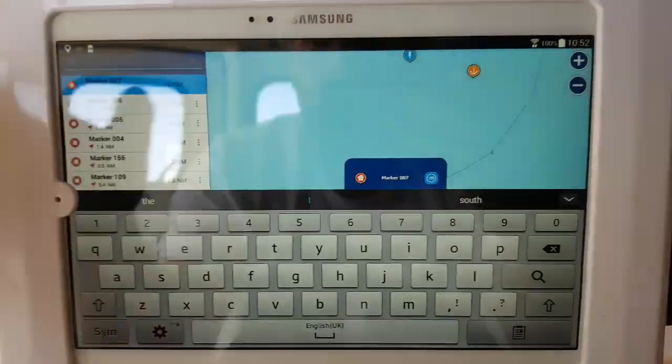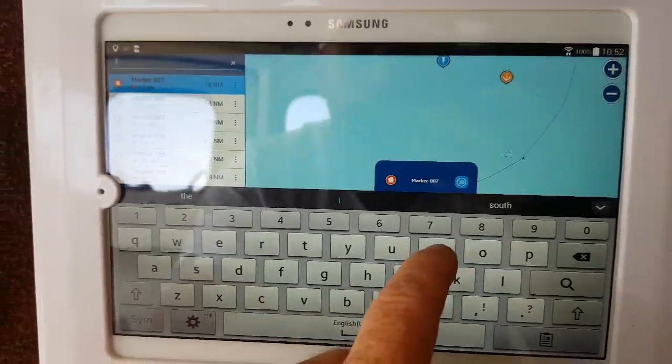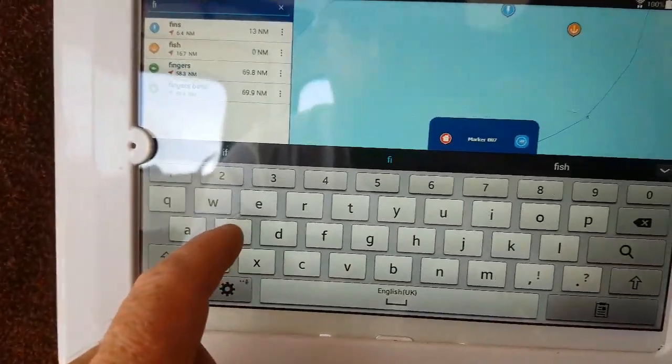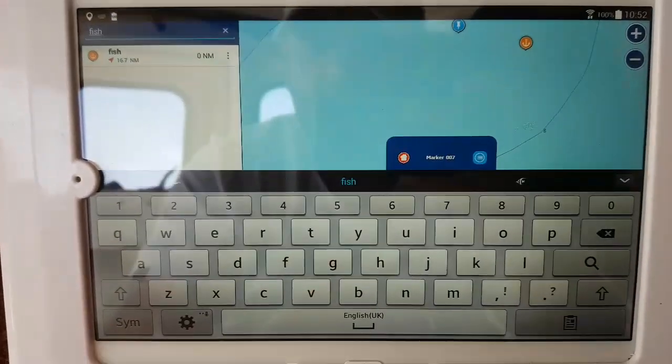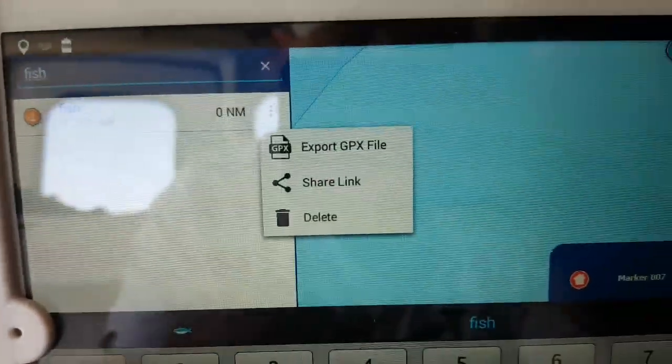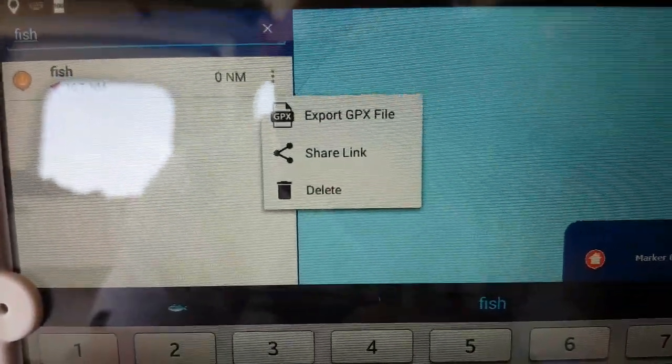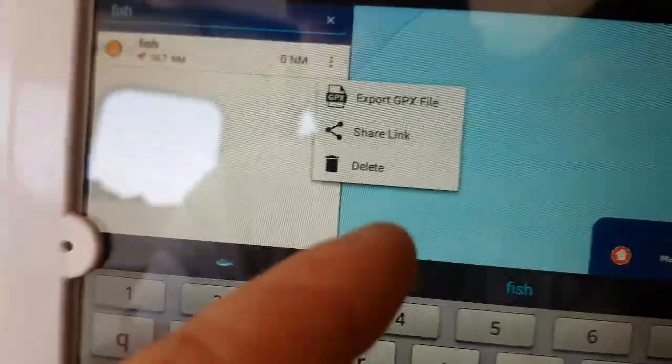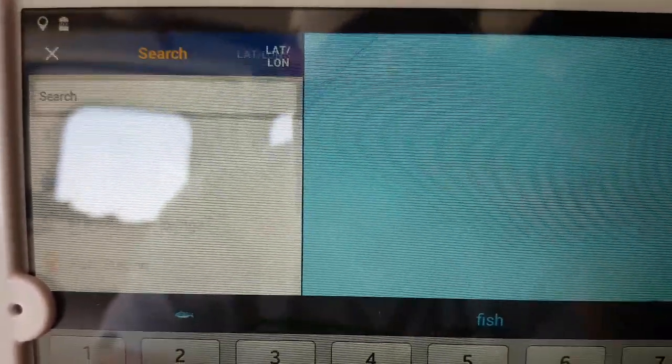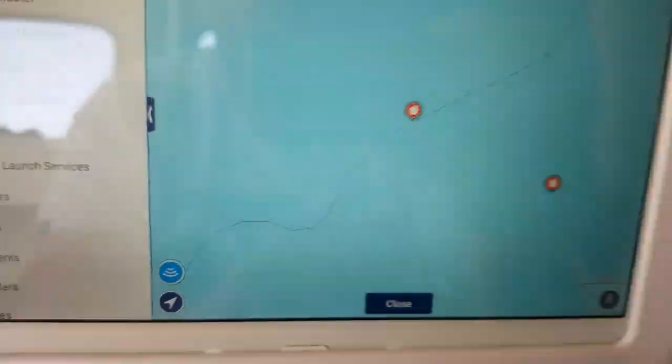Right, next one that I've been asked as well is how do you delete them. So when you go on the top section on your markers, type in the location, so fish, it comes up, click the 3 dots, export the GPX file, share or delete. So literally delete, and that is that. It's gone now,